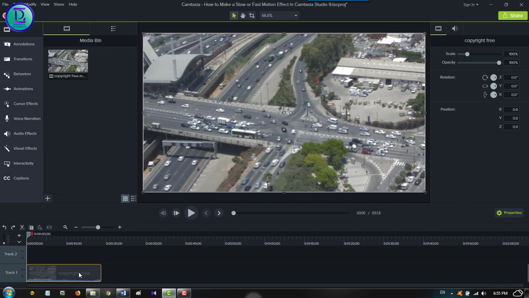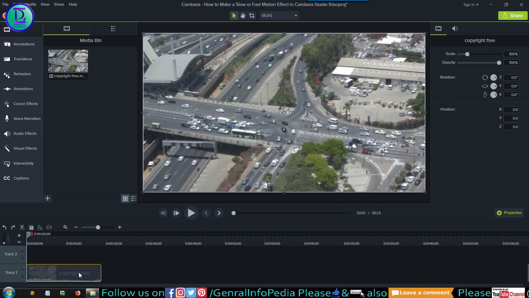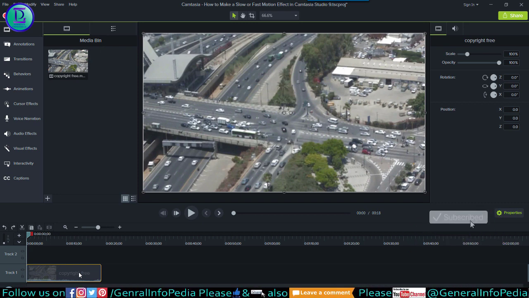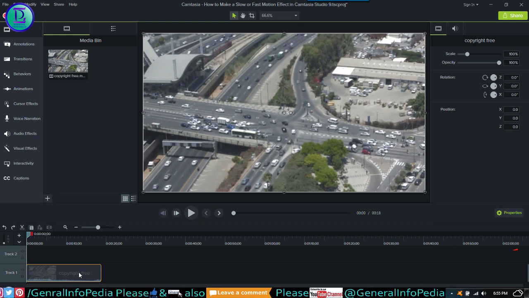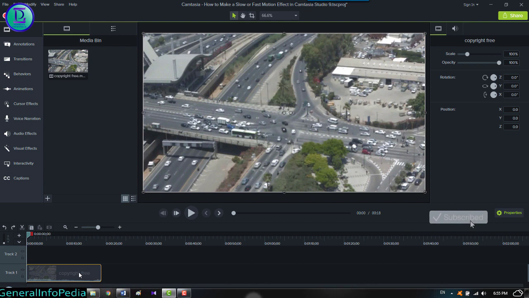So first thing you want to do is you obviously want to have a clip preferably with motion, because if you don't have any motion or sound in the video, then it doesn't really do much to speed it up or slow it down. Once you have got your clip, you have it in your media bin here in Camtasia 9, you load it up on the timeline, then you want to click on it, make sure that it's got that yellow border around it. That means that you've clicked on it, and you want to head over to visual effects,